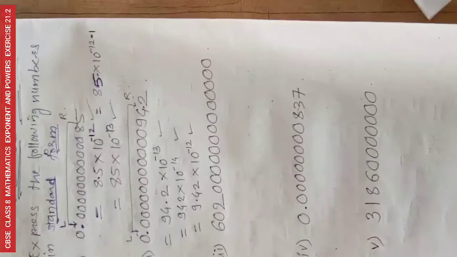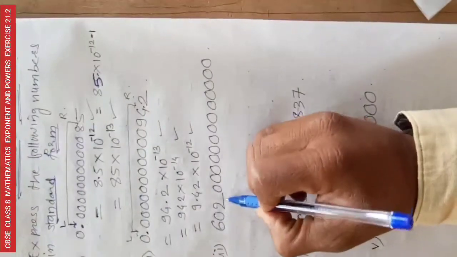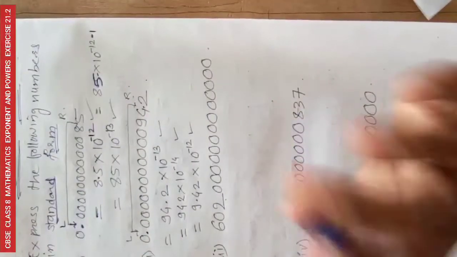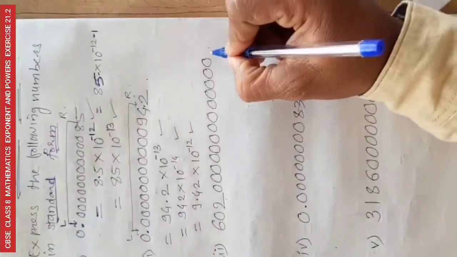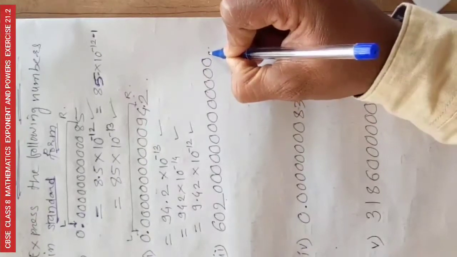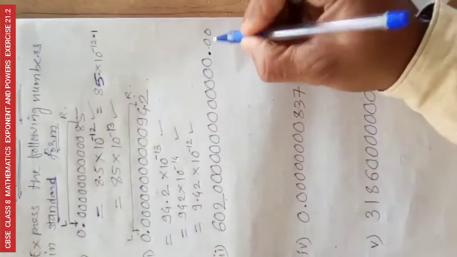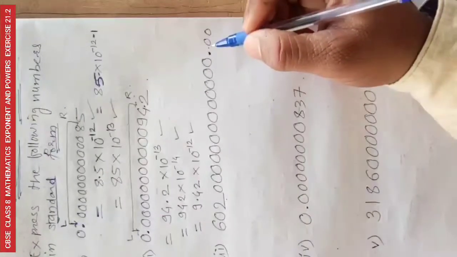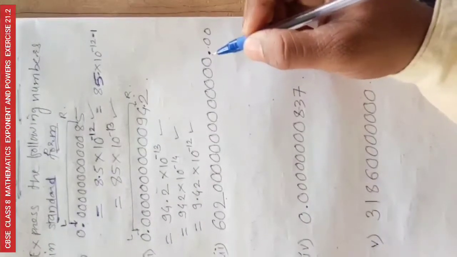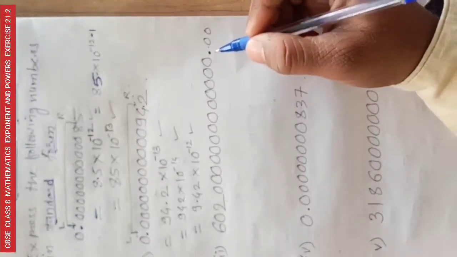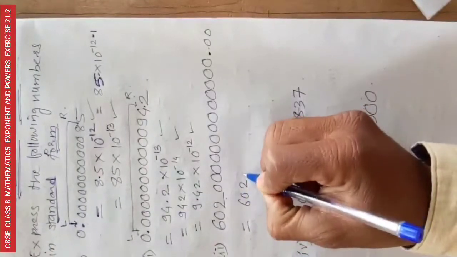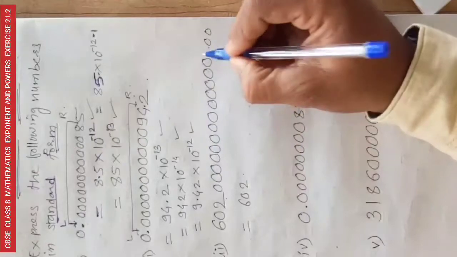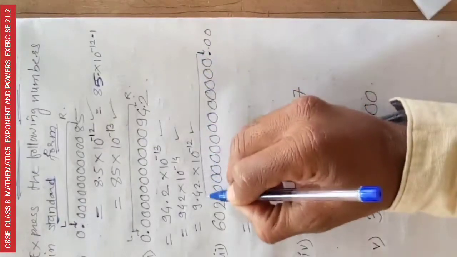Now just concentrate here on the third example, in this number 602 and 000000000 and so on. In this number there is no decimal point, so you consider the decimal point at the last, that means here. The zeros after the decimal point are negligible, so it is meaningless. So this decimal point converts into 602, that means we have to move this decimal point up to that position,